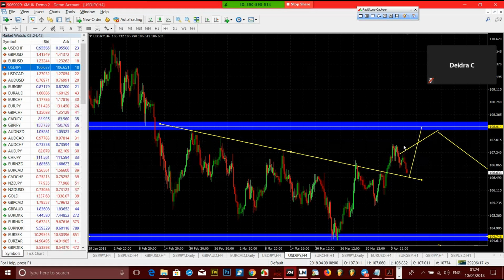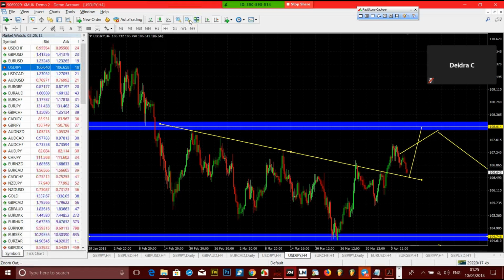My bias is not for this to continue as a buyer. I want to see this dropping, you know. So you could enter and pick it up to that place. But what I can advise is that you take your profit before you even get here, because not every trade works out.